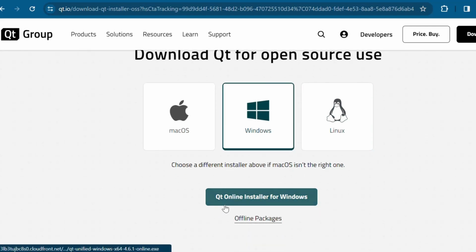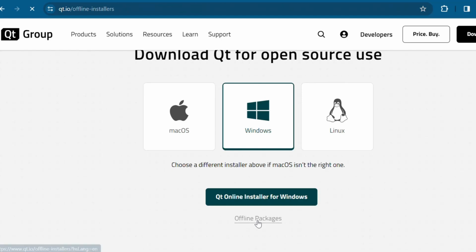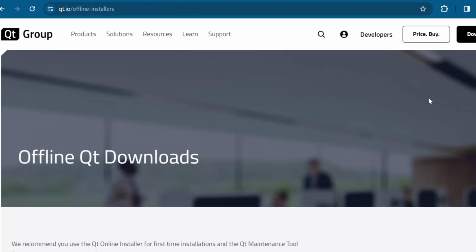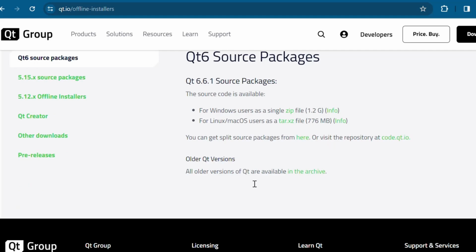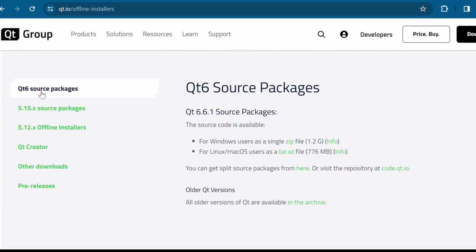And here you can see Qt online installer for Windows. If you want this online edition, click here, and after it your download will start, but I want to download the offline edition, so I will click here on offline packages, and after it you can see some options like Qt6 source packages, 5.15.x source packages, and I have to download this